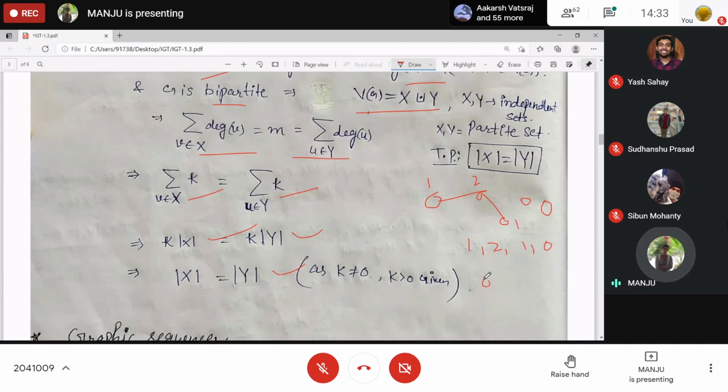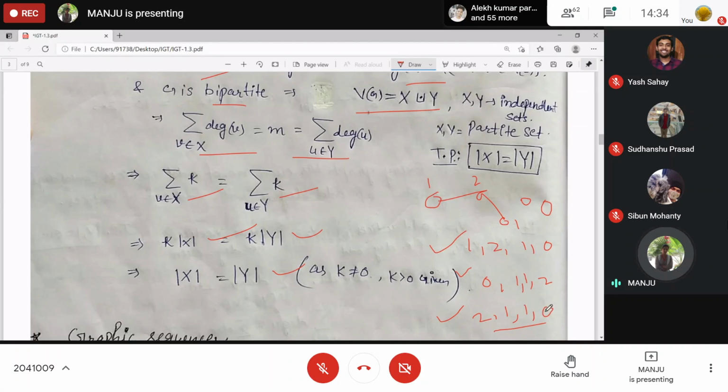Or you can also write 0, 1, 1, 2, or 2, 1, 1, 0. This is the degree sequence of this graph. We are listing the degrees of all the vertices in a sequence. This is also a degree sequence of this graph.